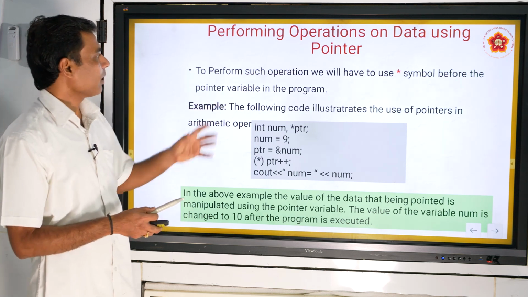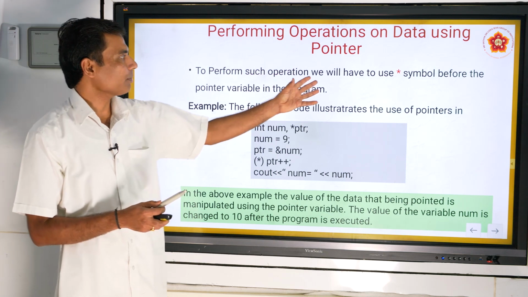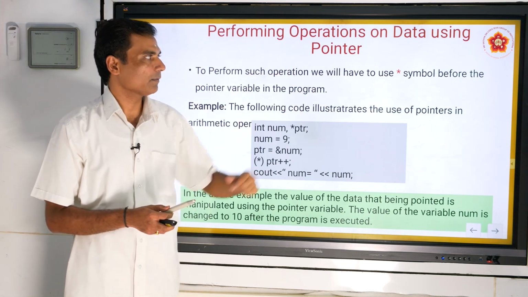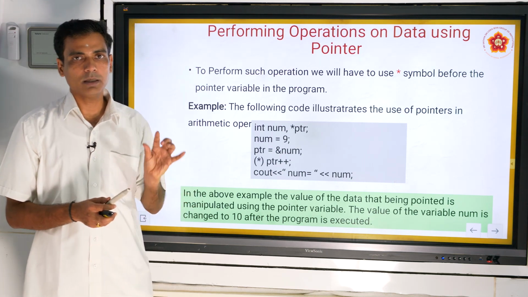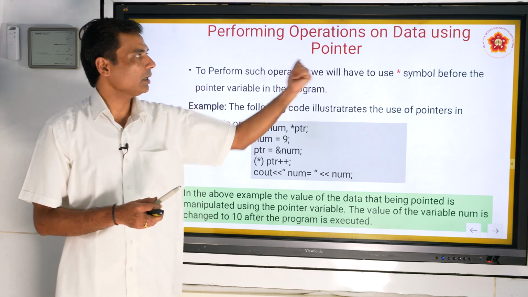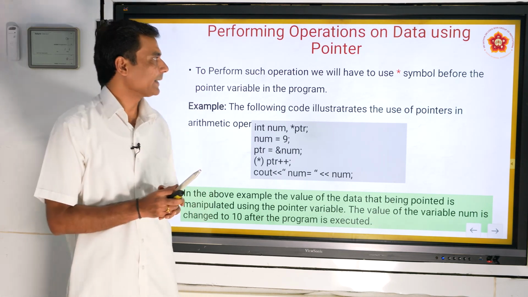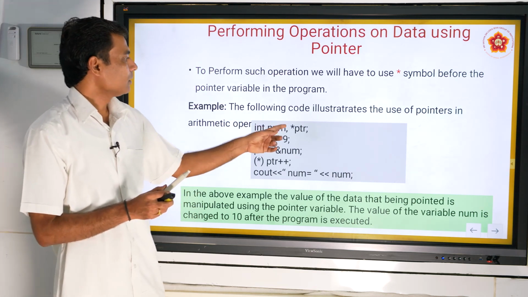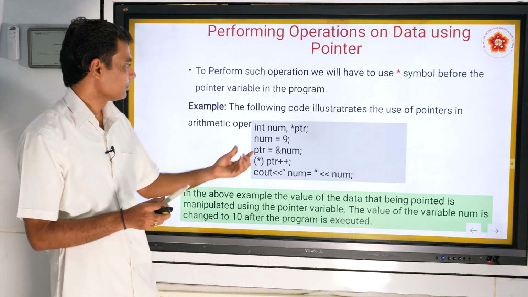Now let's perform some operations on the data by using the pointer. To perform such operations, we have to use the dereference symbol, because the dereferencing symbol is used to access the memory location. So without using the star symbol, we cannot perform any operations on the data. This is the code which illustrates some arithmetic operations.